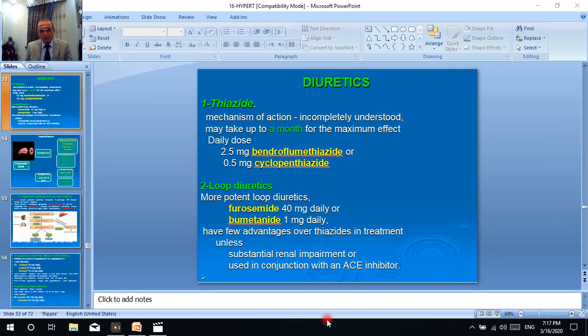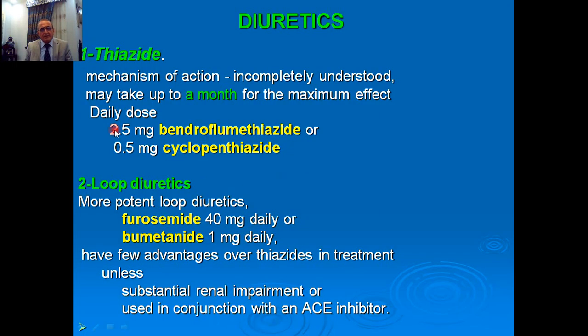Just remember an important thing regarding the diuretics. The mechanism of action actually is not known, although it's called diuretic. It may take up to 1 month for maximum effect. Initially they are diuretic, and later on they become a vasodilator through increasing sensitivity of vessel wall to catecholamine. Anyway, this is theoretical. An example is bendroflumethiazide or